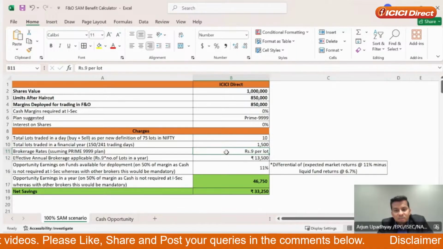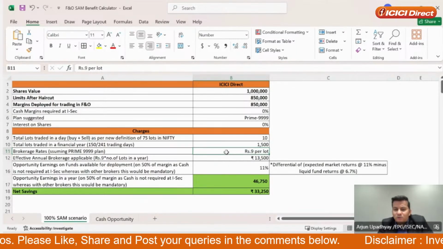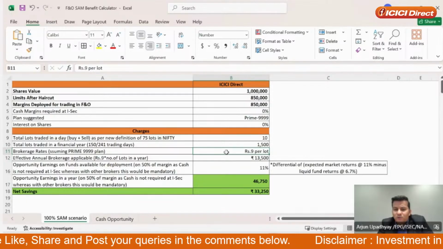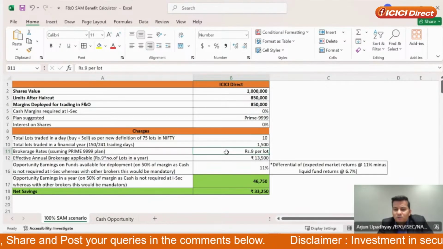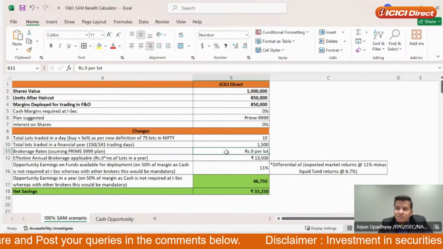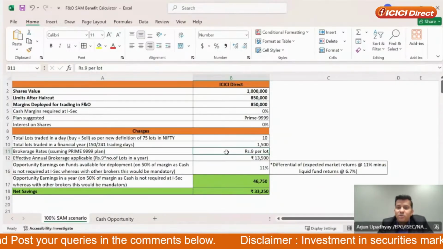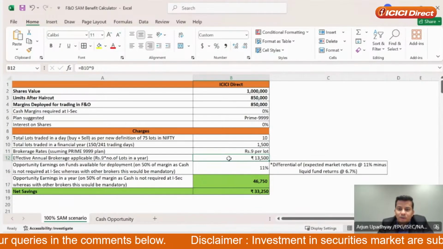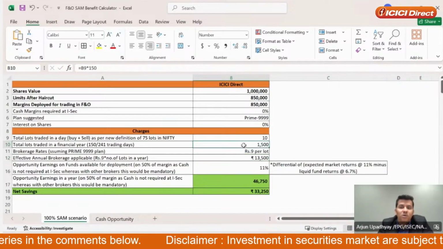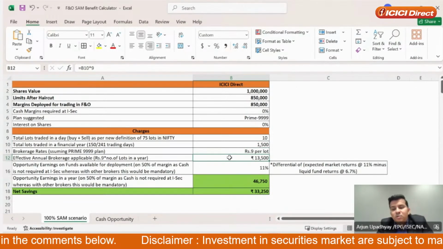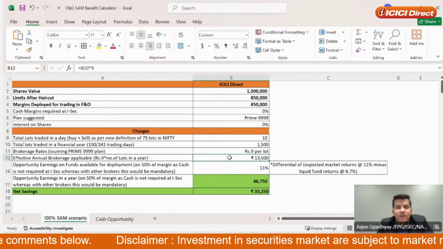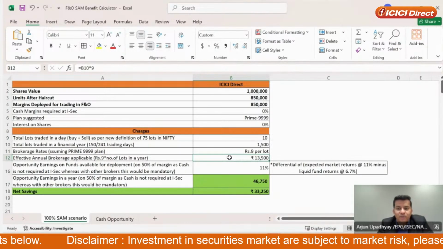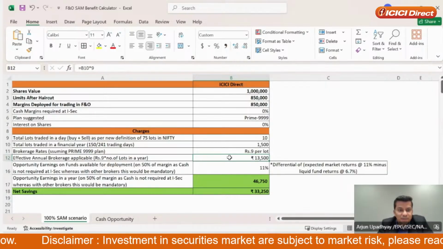Now the pricing on shares as margin in one of our plans is 9 rupees per lot, but there is zero cash that you have to bring in and zero shares as margin interest. The total annual cost against rupees 9 per lot against the 1500 lots that I've bought and sold is 13,500. This is my total brokerage that I would have to pay to ICICI Direct in this example as brokerage for staying in the markets, right?